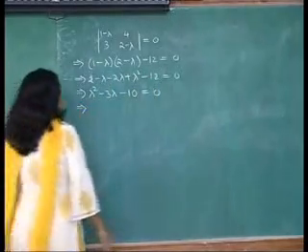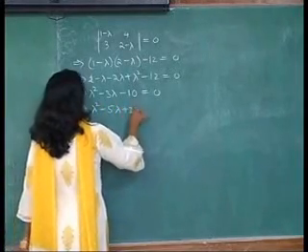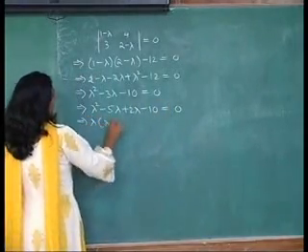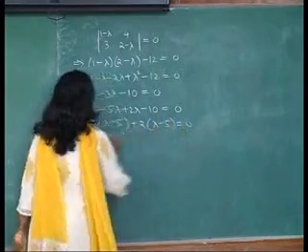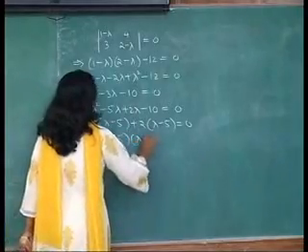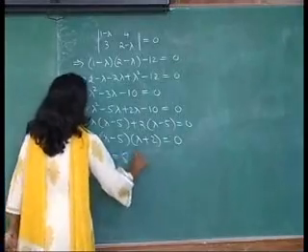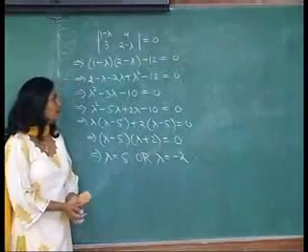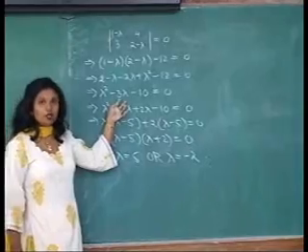And the factors of minus 10 are minus 5 and plus 2. So that we have lambda into lambda minus 5 plus 2 times lambda minus 5 equal to 0. That means lambda minus 5 common into lambda plus 2 equal to 0. So lambda is equal to 5 or lambda is equal to minus 2. See, as I mentioned earlier, if we start with the square matrix of order 2,